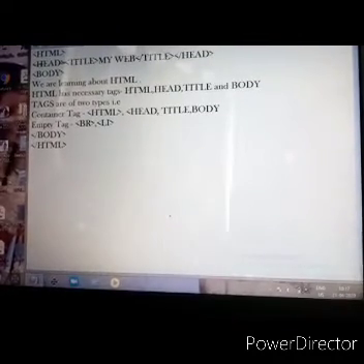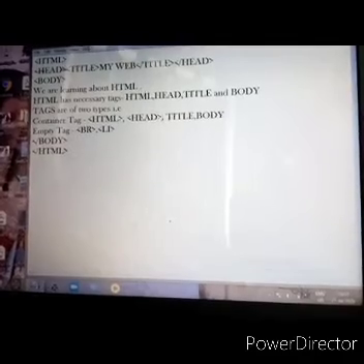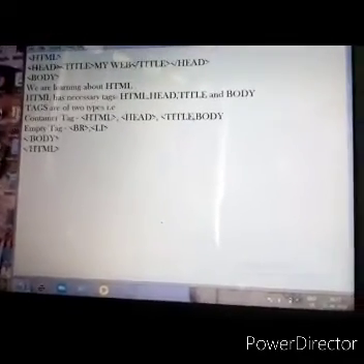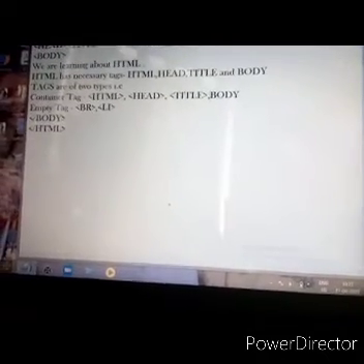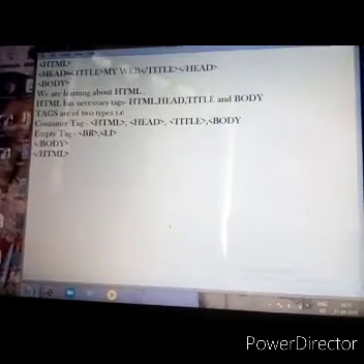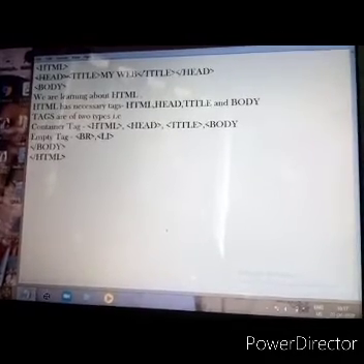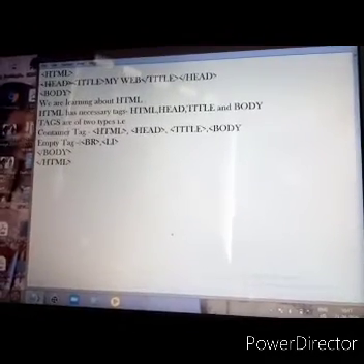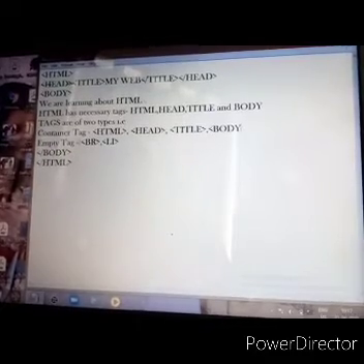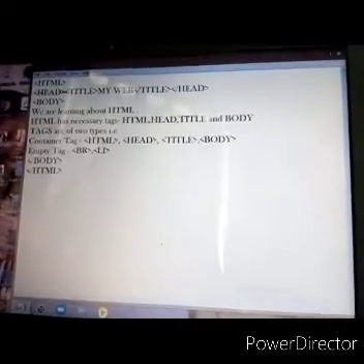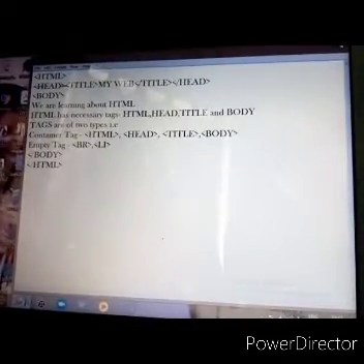So the browser understands your command by the tag name, what you are referring, what things are there in your file. So here we have used the tags HTML, head, title and body.